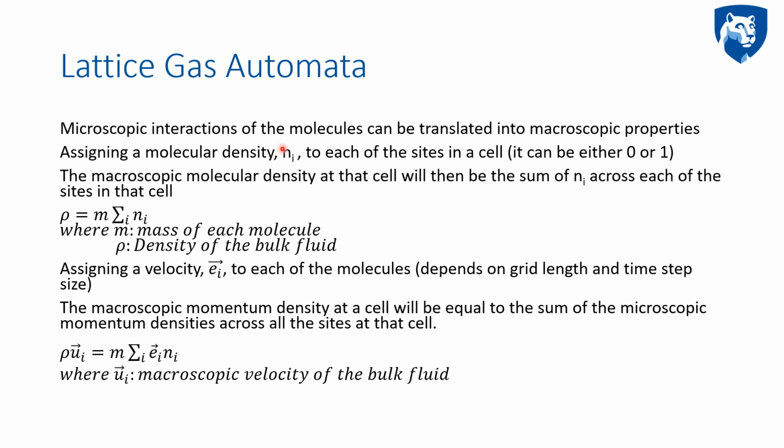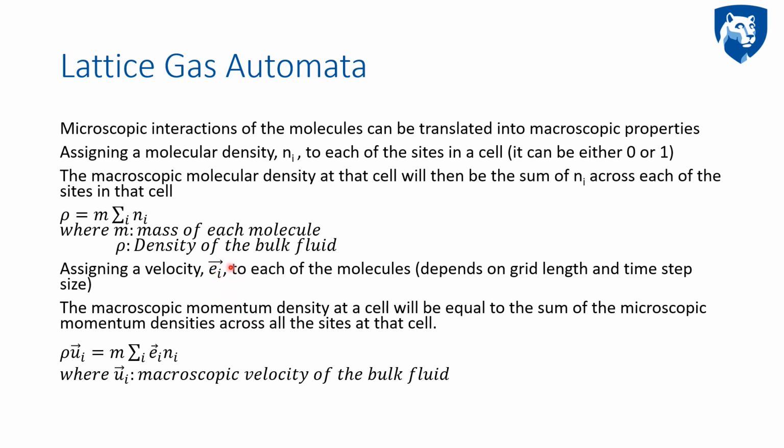the macroscopic density of the fluid will just be equal to the sum of the total mass inside a cell divided by the total volume of that cell. So that will be just m times the summation of n across each of the links. That will give us the total mass of a cell divided by the volume of that cell, which is just the density. We can do the same thing with momentum if we assign a velocity ei to each of